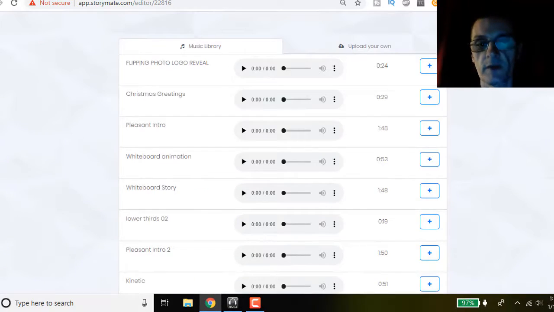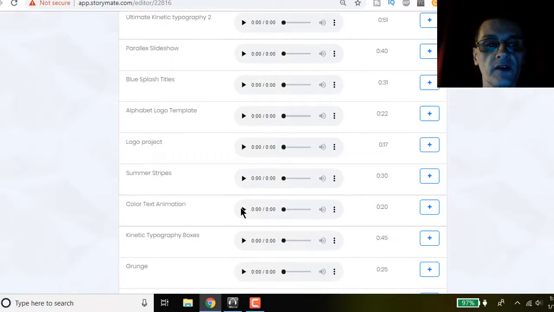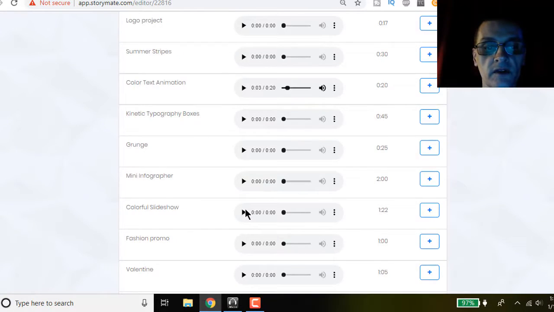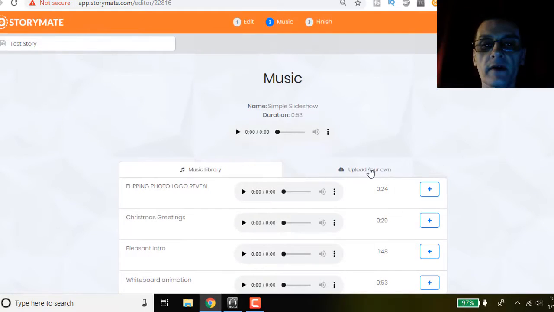And here we're going to be able to pick our music. Now we can pick from a ton of royalty-free music tracks. All we got to do to listen to it is to click on the play button. So if we click on this one here, okay, let's try another one. Okay, and once you find one you want to add, all you do is click on the plus button over here, and it's going to be added. You can see it right at the top here. It's added in. You can click on Next,